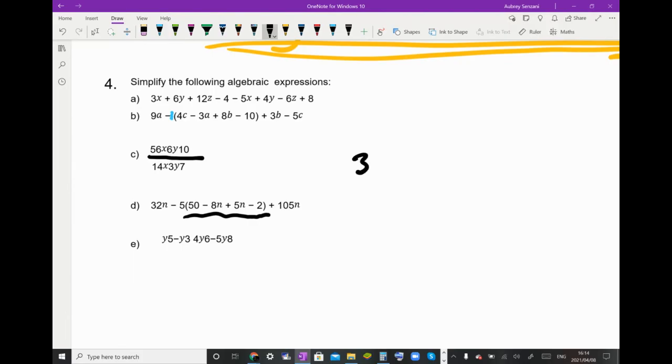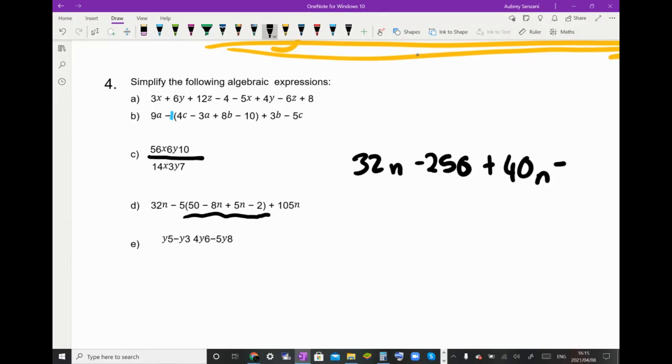All right. So 32n, okay. Then we have minus 5 times 50, which will give us a minus 250. Okay, then a minus 5 times 8n, which should then give us negative 40n. Then a minus 5 times 5 should give us a negative, actually, that should give us a positive